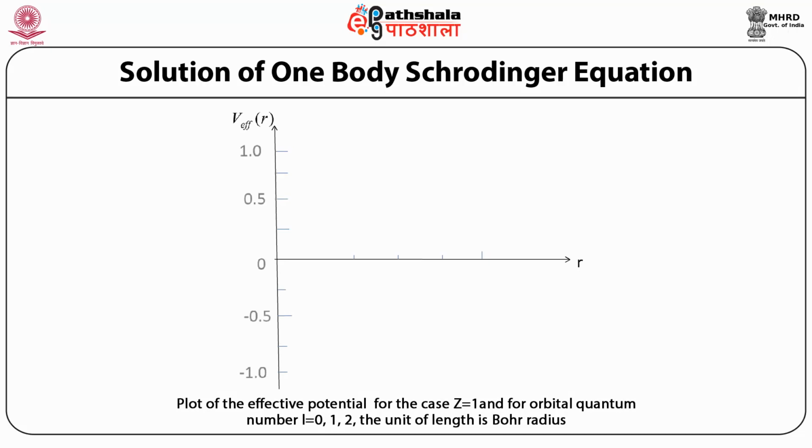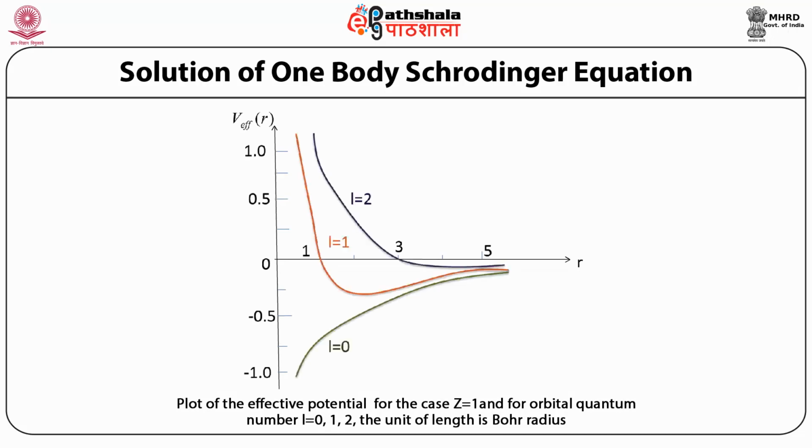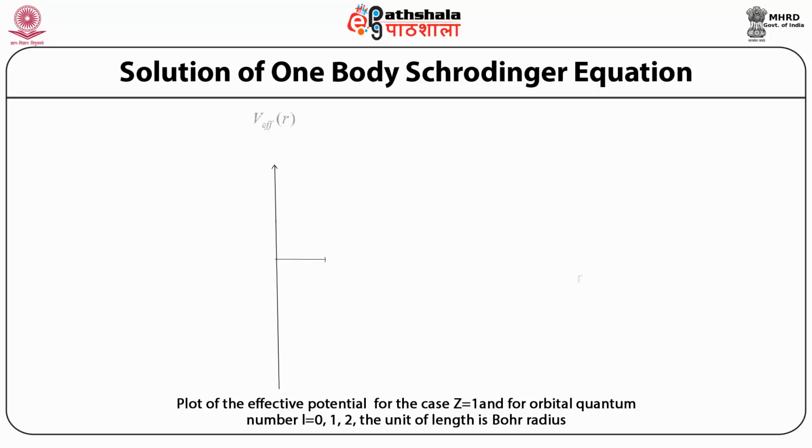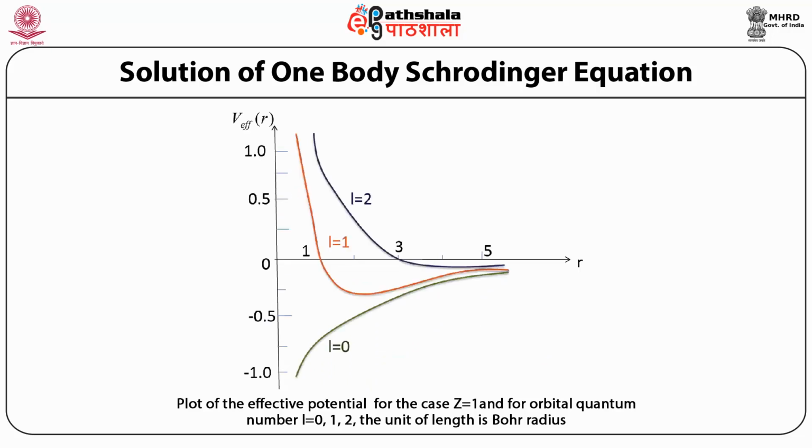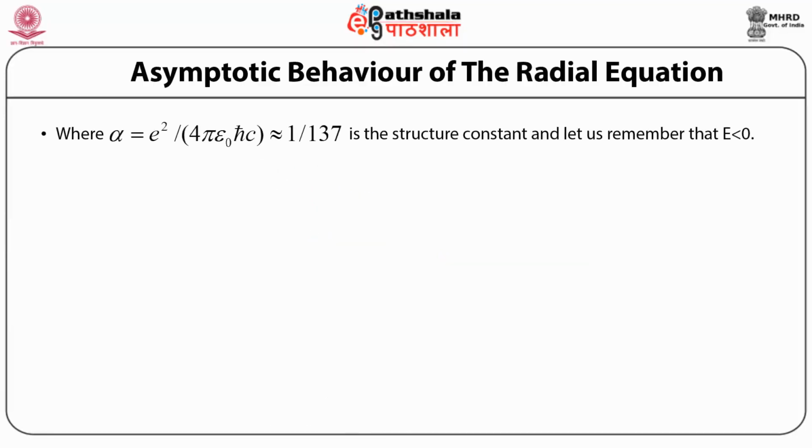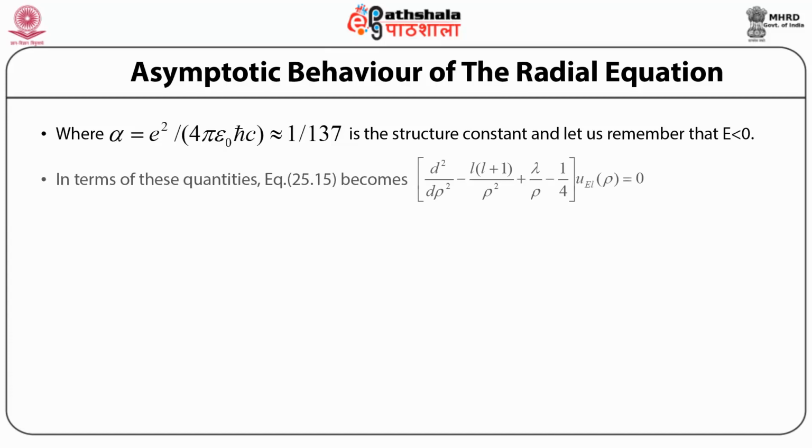So this figure shows a plot of the effective potential for the case Z equal to 1 and for orbital angular momentum quantum number L equal to 0, 1, 2. The unit of length is the Bohr radius, where alpha equal to e squared by 4 pi epsilon naught h cut c, approximately equal to 1 by 137, is the fine structure constant, and let us remember that E is less than 0. In terms of these quantities, equation 25.15 becomes